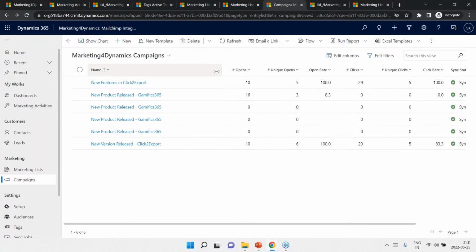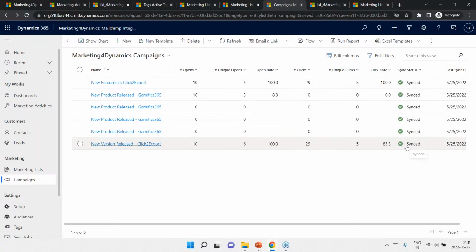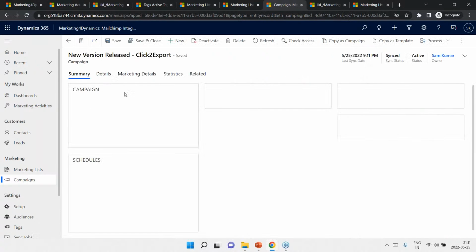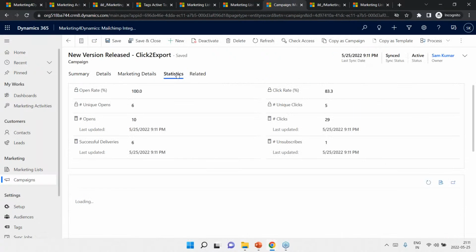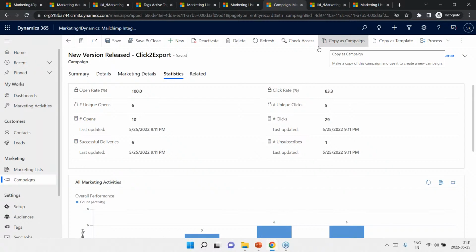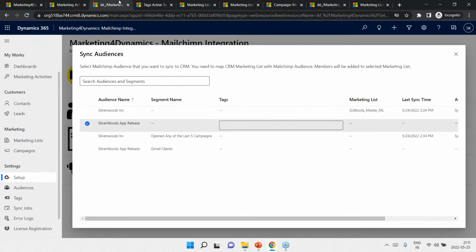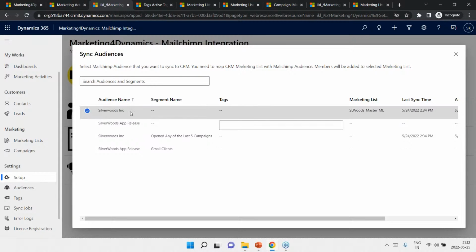So here is my new version released click to export, which is now synchronized, and it provides me all the relevant data and the statistics that is associated with the campaign. Now, the one thing that I have kept for the last is about synchronizing the audience. Now, as promised at the beginning, let me just go to this one. So here I'm under the setup, and as I had already mentioned, I have already synchronized the Silverwoods Incorporation audience with the Silverwoods Master Marketing List, and I had kept the Silverwoods app release to be synchronized during the webinar